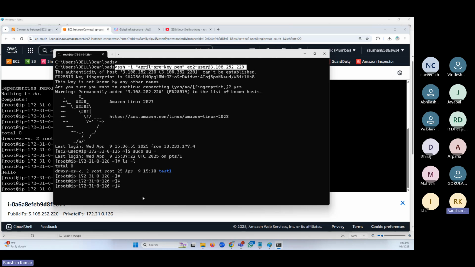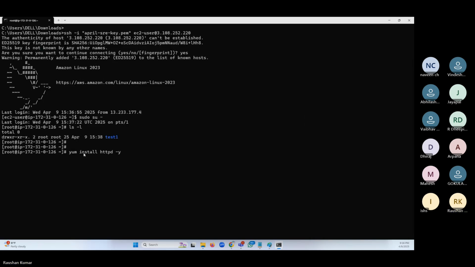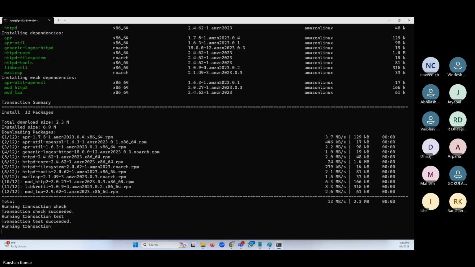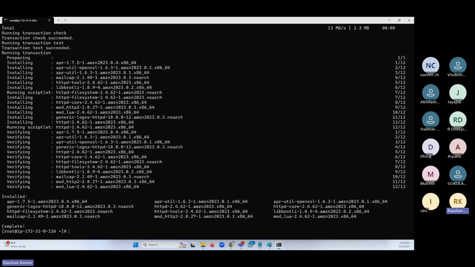You can install any application. I can do yum install httpd -y. This command is going to install the web server in my server.